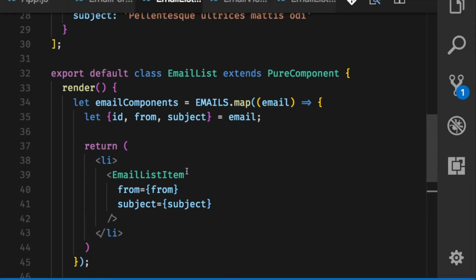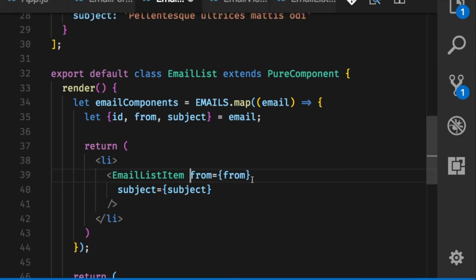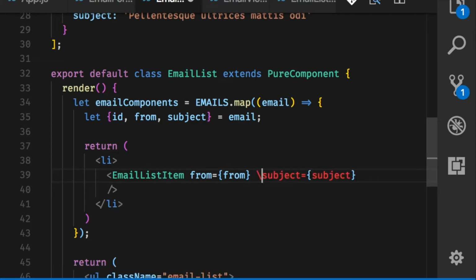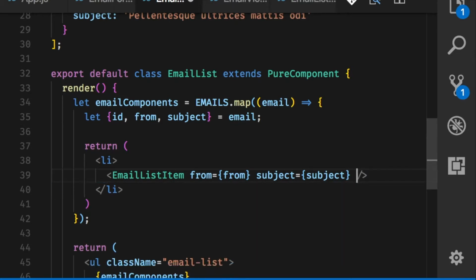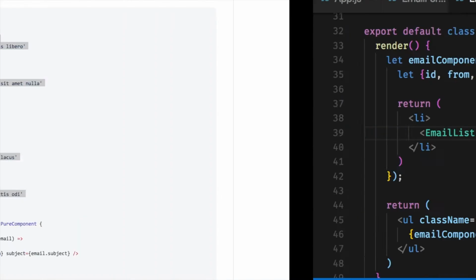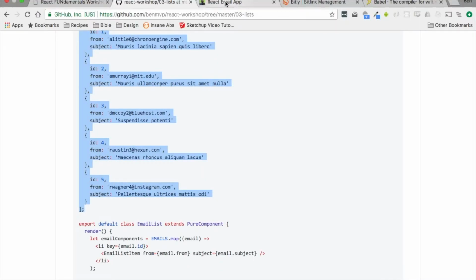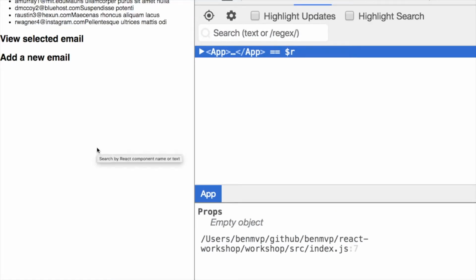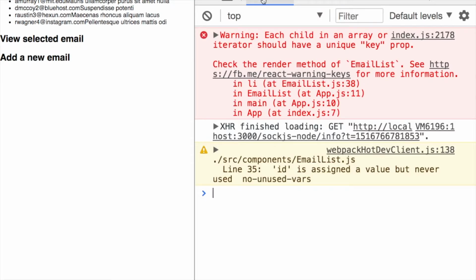So we have this. I'm just going to put these on the same line so that it takes up fewer lines. We can kind of see the whole thing. So this is it. This is how you build lists. Actually, before I make that the definitive answer, let me make sure that it works. So it does. It renders out, except we get this error,